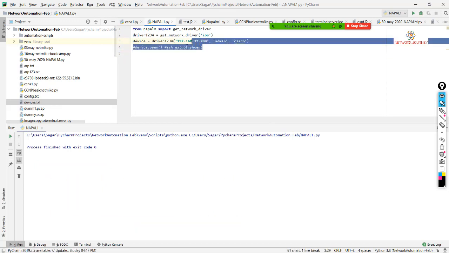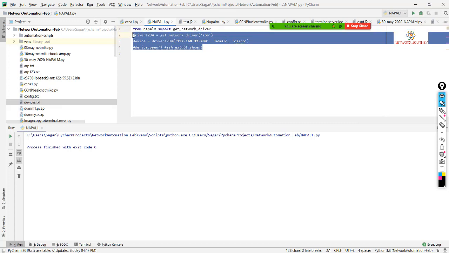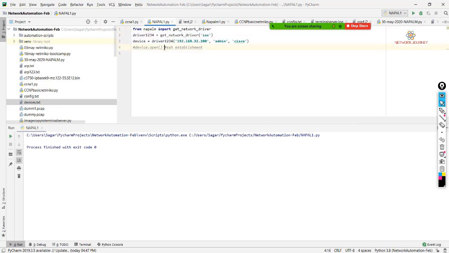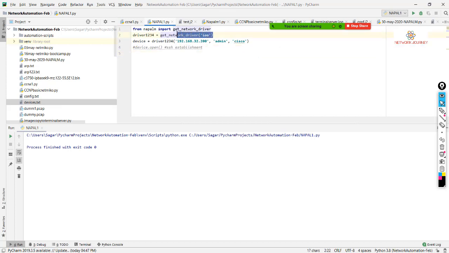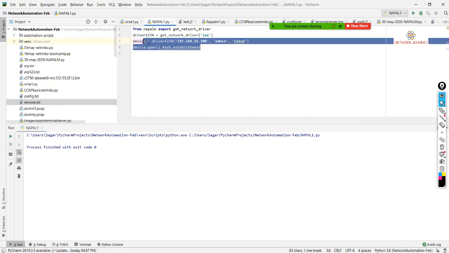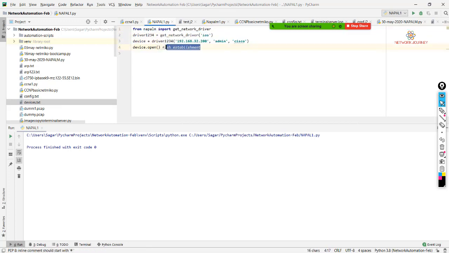Basically, the collectiveness of these three commands is going to get me SSH established. I need to define the proper iOS family, my device IP and usernames, and I must take the SSH connection, because of this particular statement. So after executing these four lines, I have a successful SSH connection with my device.